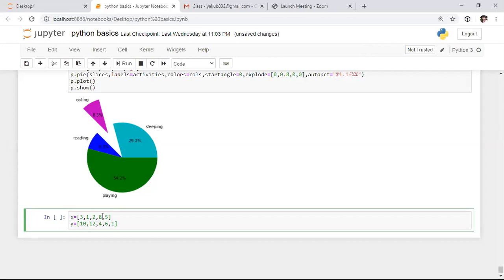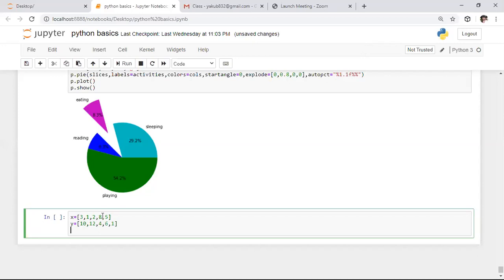After specifying these values, I want to plot the scatter plot. To plot the scatter plot, we need to use matplotlib. For that purpose, I am importing matplotlib as plt. So here I'm saying plt.scatter.